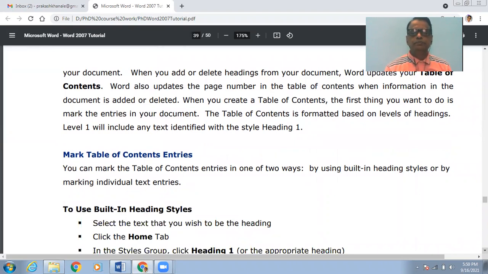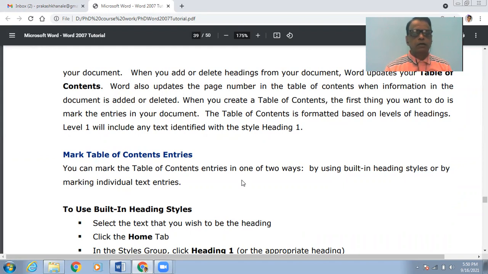Once you finish with all the entries into your document, you can create a table of content. There are also different formats available for the table of content, and you can use any appropriate format. The table of content will be formatted based on the level of the headings. Level 1 will include any text identified with the style heading 1.